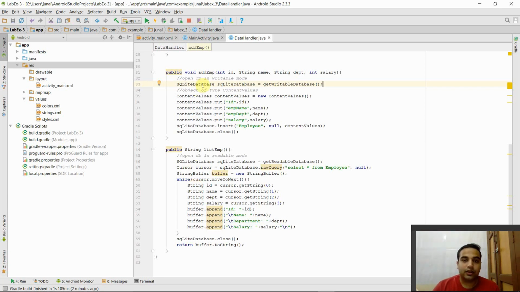In the first method, we have to create an object of the SQLite database, and we have to get the value as getWritableDatabase. Only then will we be able to write anything inside our database. Now, to add any value in the database, we have to have an object of ContentValues. Then using the object of ContentValues and the put method, as a key value concept,